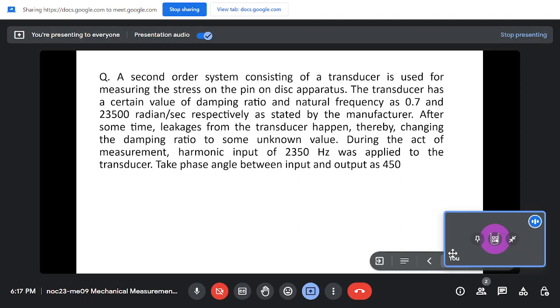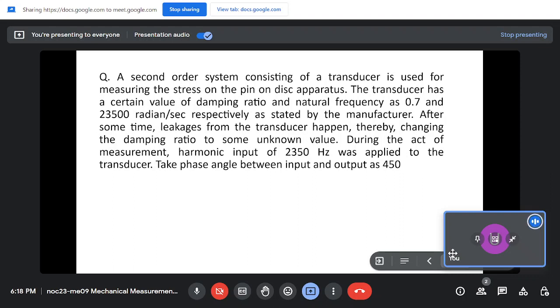So moving on, we have a second order system consisting of a transducer used for measuring the stress on the pin on disc apparatus. So here we have a second order system which is a transducer for measuring stress, and the transducer is a pin on disc apparatus. The transducer has a certain value of damping ratio. So the damping ratio and natural frequency are given. The damping ratio is 0.7 and the natural frequency is 23,500 radians per second